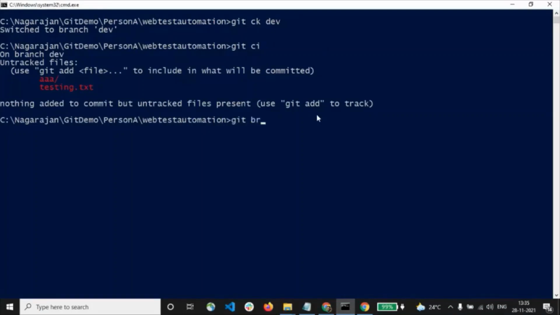Git br. This represents git branch. So Git provides an option to create a short form for the respective Git commands. We can use these aliases if we want. Okay, that's about the aliases.